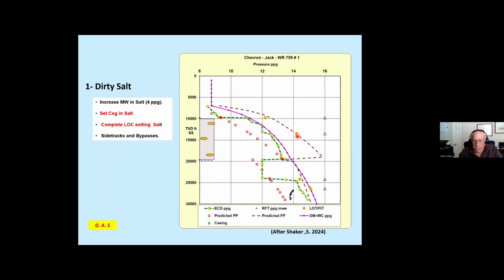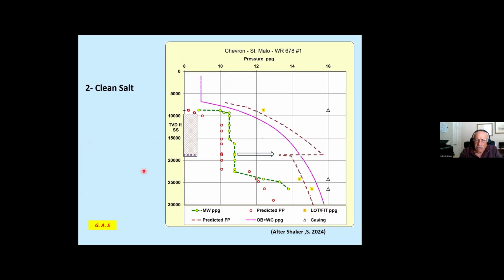And we set casing in the salt. You're not supposed to set casing in the salt if it's clean salt. And completely lost circulation at the bottom of the salt because the frac pressure and the mud weight overlap. Sidetrack and bypass about 3-4 times to save the